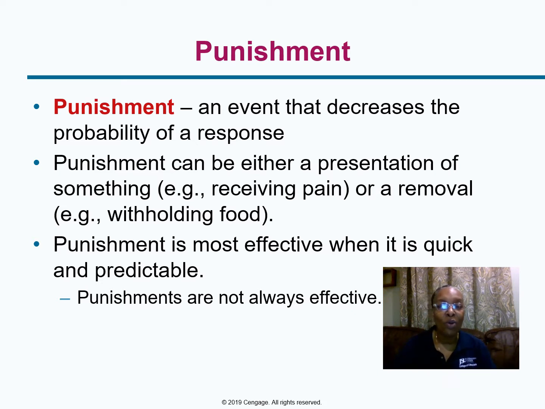All right, so do know though that punishment is going to be best when it's done in a predictable manner and immediately. If you wait, it's not going to be as effective. For example, if a child wrote on the walls at home, and the parent saw this and didn't do anything for an hour, do you think the child would go back later and write on the wall again? Something to think about.